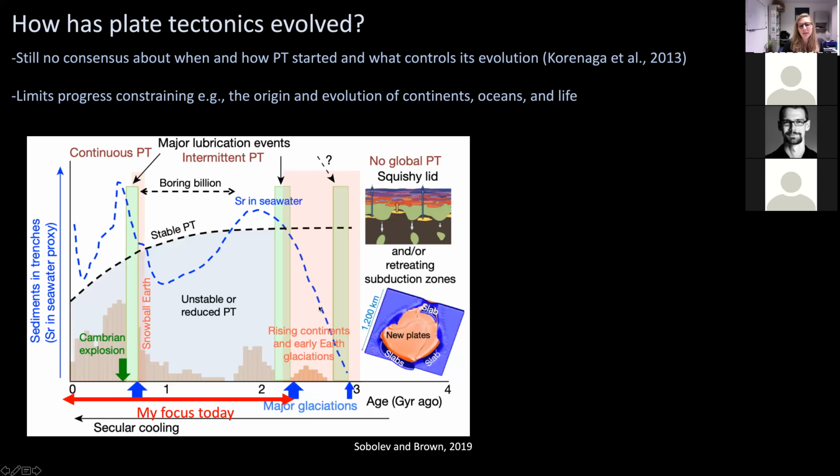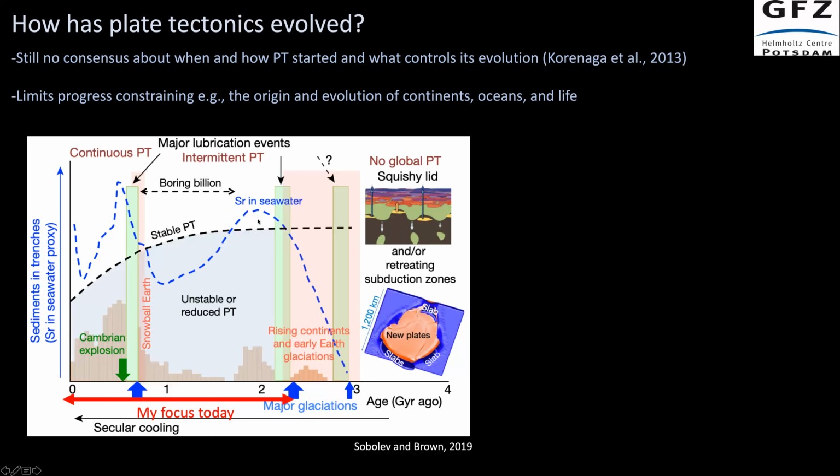And these are inferred from sediment proxies. For example, this dashed blue line represents the strontium isotope in seawater, telling you about the continental sediments in the seawater. And we can see these peaks immediately after the glaciation events. So in this region,